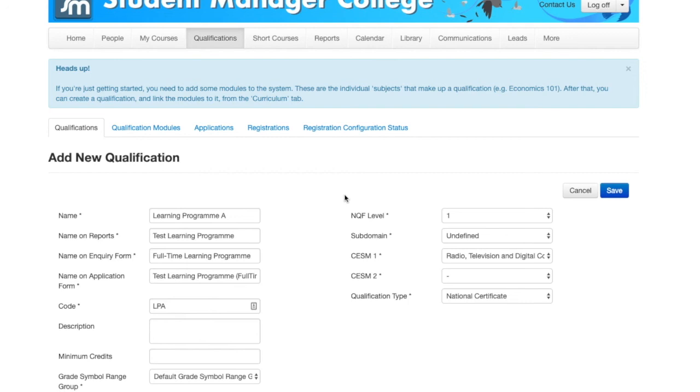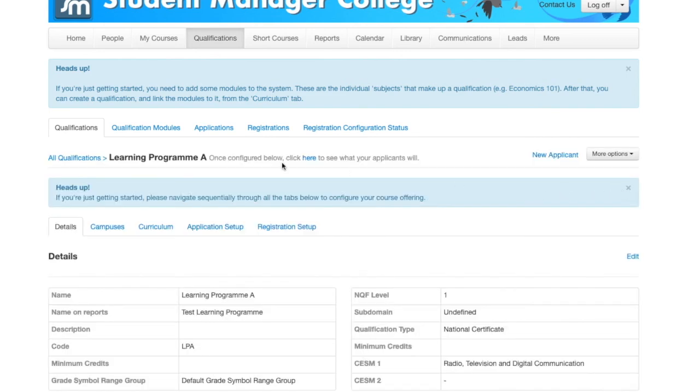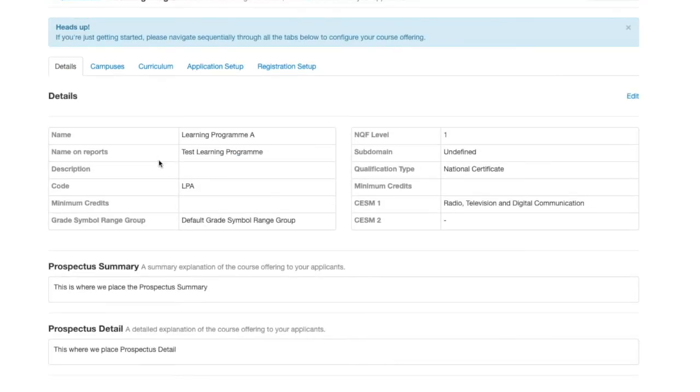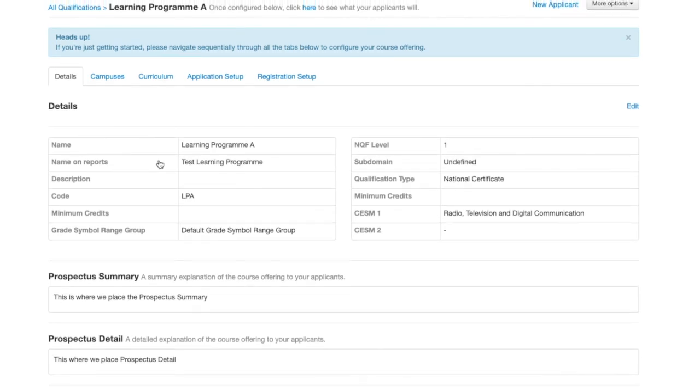So with that, we've now set up our qualification. So we have this course. Okay, so we haven't set up access to it, this course or learning program. Let's, for simplicity's sake, stick to learning program. So we've created this learning program, but we have not specified how someone would access this particular learning program. So in terms of setting that up,